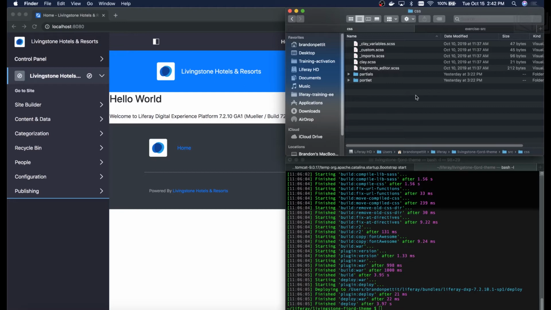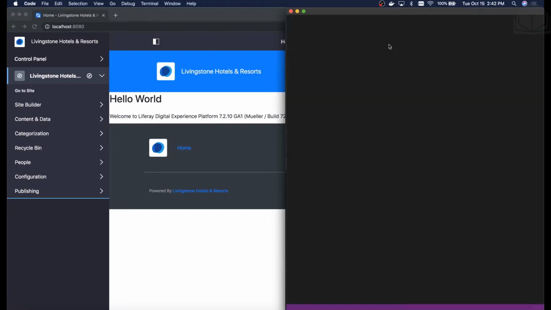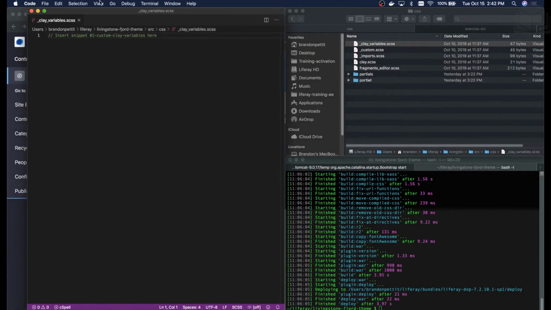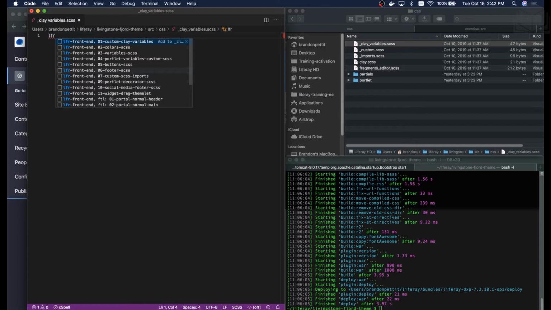So let's go ahead and start by modifying some of the default Clay variables to fit the branding of the Livingston Fjord theme. So let's open up the Clay variables SCSS. So I have this opened up here. I'm just going to move this here to the left, and I'm going to add the first snippet. So we can highlight the comment here, type in LFR, and add the